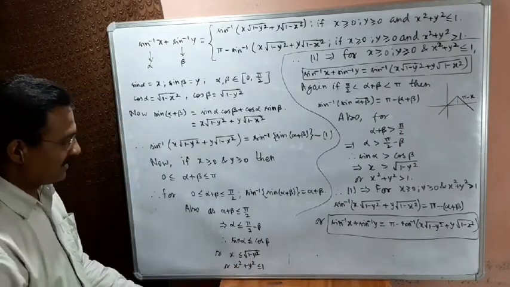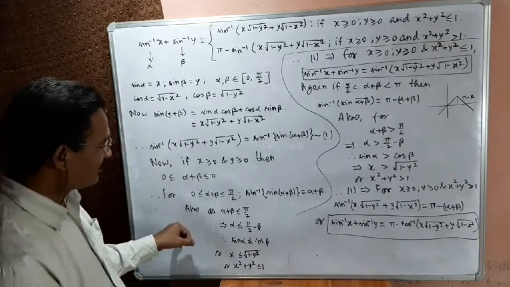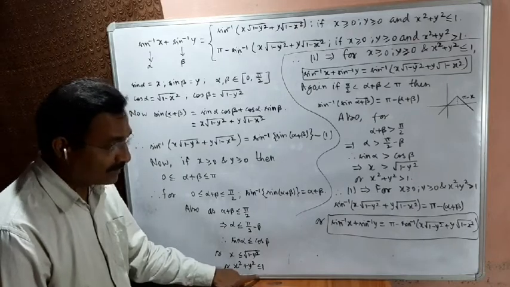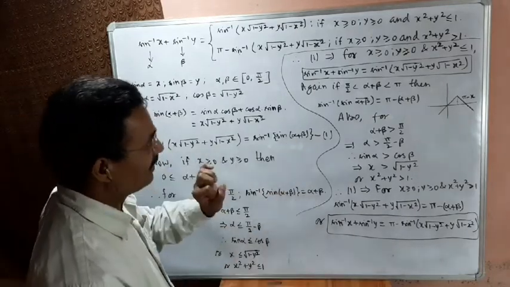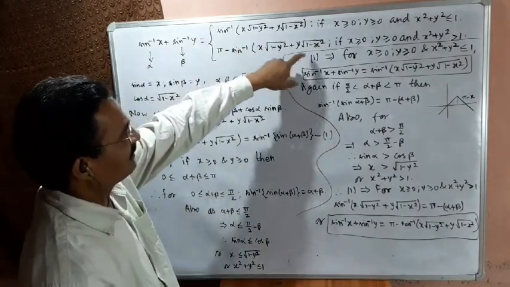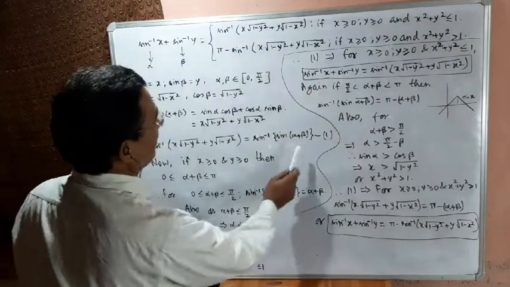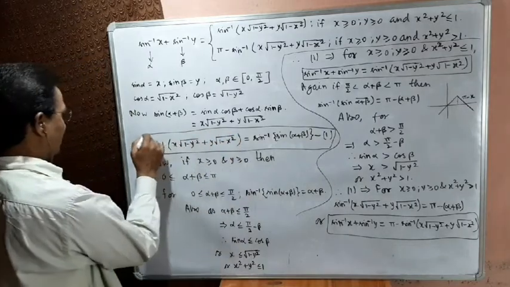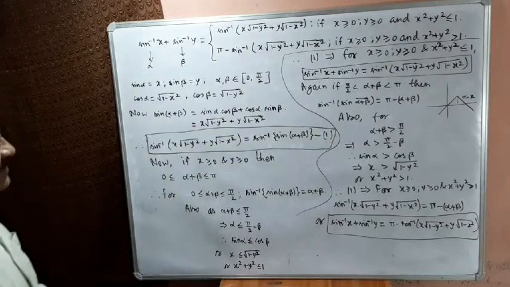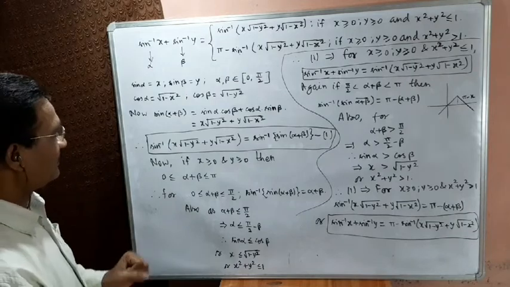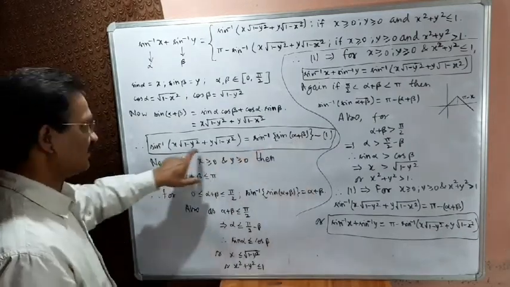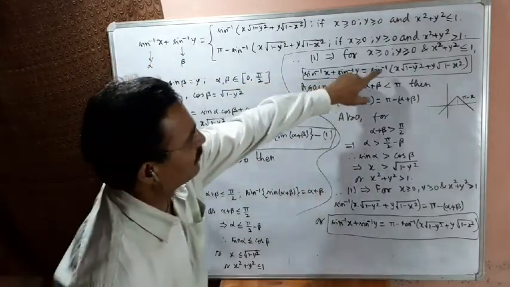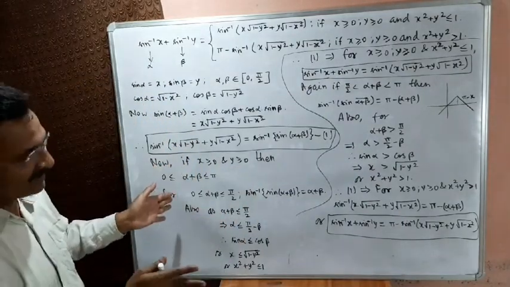We find this result. It means when x is greater than or equal to 0, y is greater than or equal to 0, and x square plus y square less than or equal to 1, then this will be simply alpha plus beta. Therefore, finally we have written here by concluding, this is one implication: when x is greater than or equal to 0, y greater than or equal to 0, and x square plus y square less than or equal to 1, then alpha plus beta will be equal to this. And putting the value of alpha and beta, that is sin inverse x plus sin inverse y, is equal to this. This is the first case, the simple case.